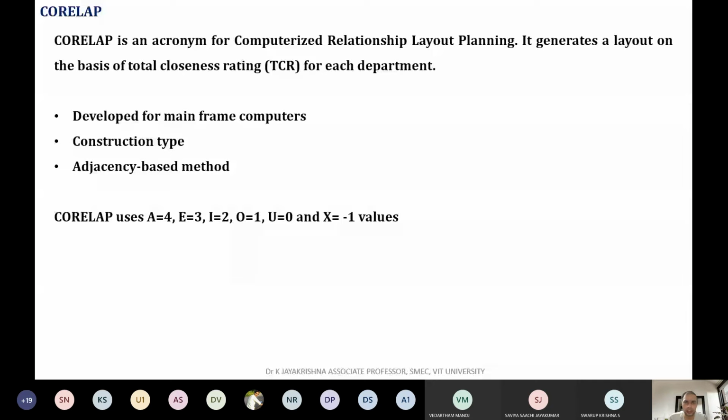selecting department number 4 as first instead of department number 1. Okay, so today's class we will be discussing the CORELAP problem and we will be looking at how to solve it. So all of you just come along with me because we don't have a blackboard to teach you,